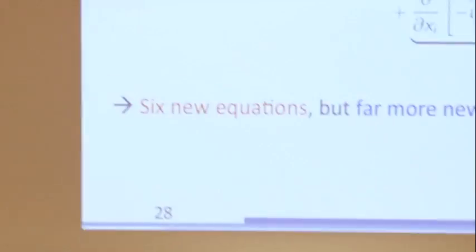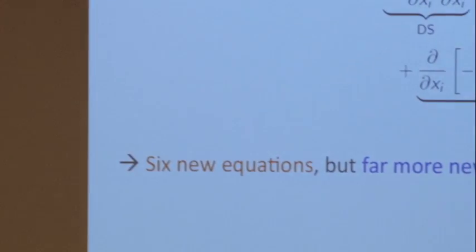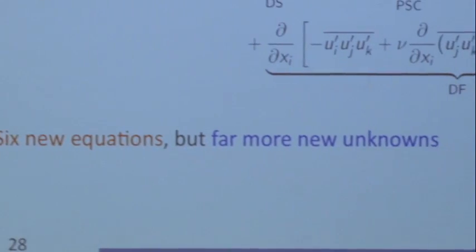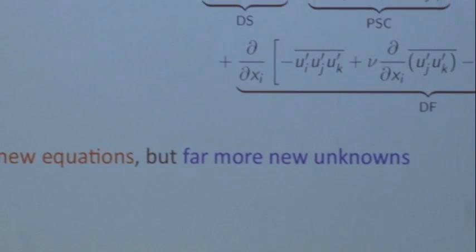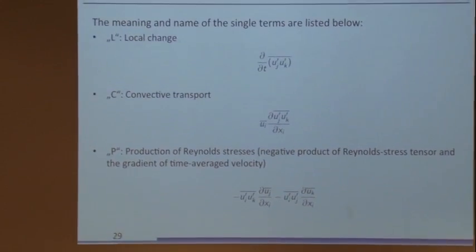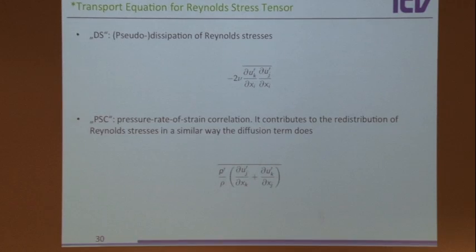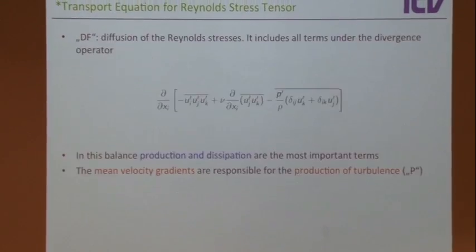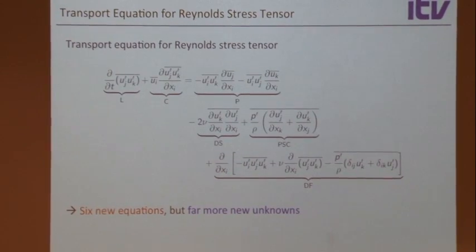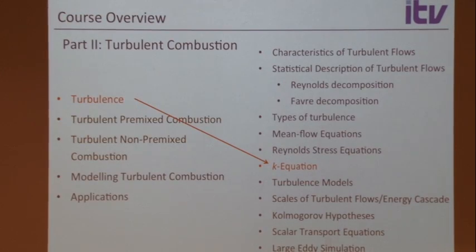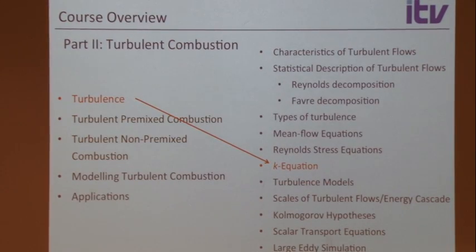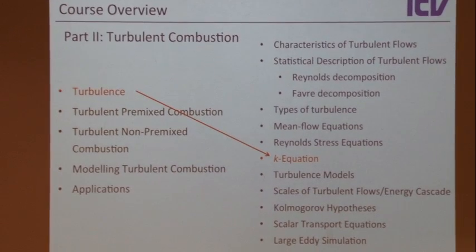But this also has, now you see you get correlations with pressure and the velocity, and this also is very complicated. So how do we close this? This just explains all these terms here a little bit. So we need to think about how to close this. But for now, we can